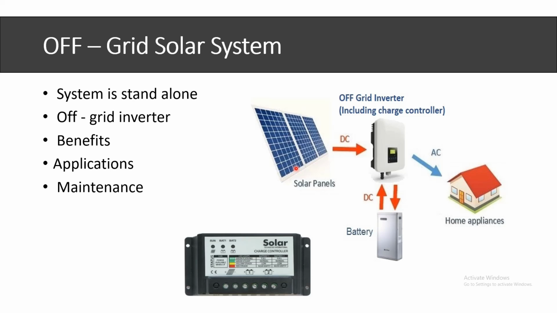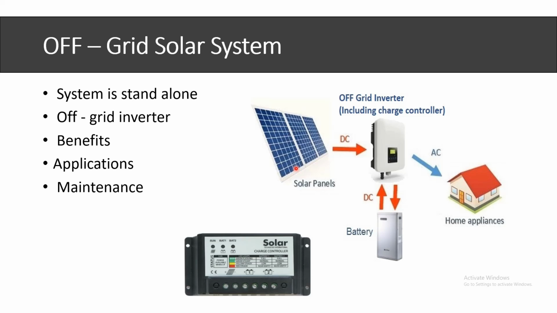Basically in a solar PV system, major of the components are same, that is the solar panel and the inverter. The difference is mostly in the inverter. Like you see in on-grid inverter, the inverter is designed for different purpose, like to work in synchronization with the grid, whereas in off-grid system, the inverter is a microcontroller based inverter. So whatever the input has been given into the inverter, it will generate the output as per that voltage and frequency. So you see that batteries are involved in this particular system. The energy generated by solar is stored into the batteries.